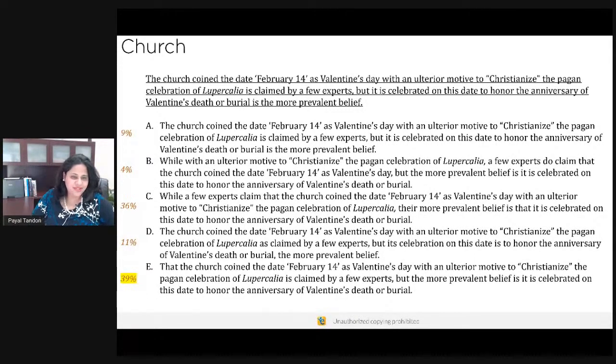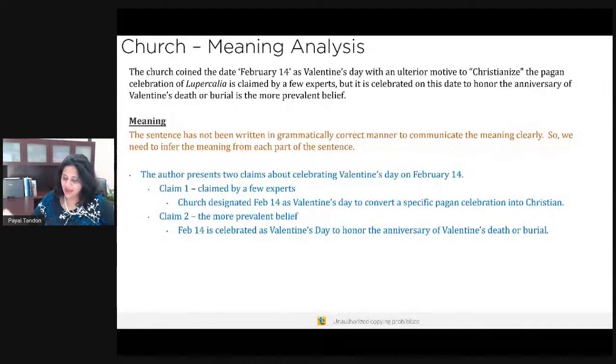39% of people got the correct answer, which is choice E. And 39% of people typically select this choice. C is another popular choice. D appears to be the popular choice here in this group. So we need to figure out why that is the case. But again, there's stuff to learn from everything over here. Now here is the